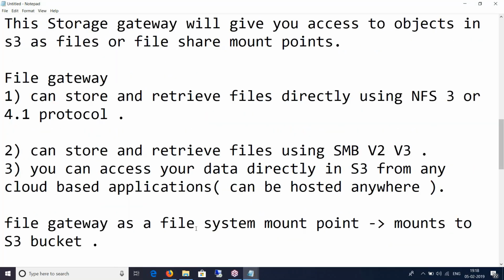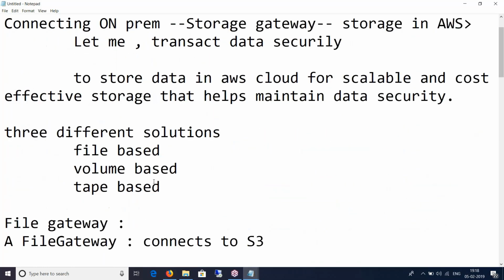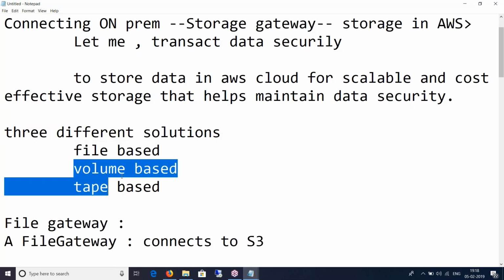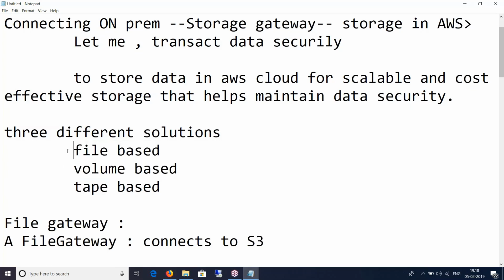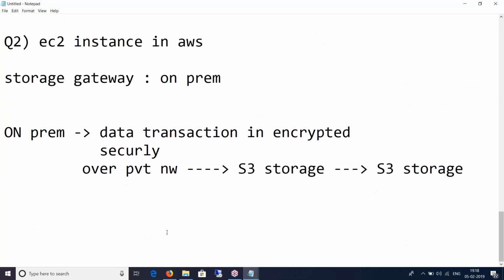Moving ahead, we just spoke about file-based. I'm jumping to volume-based, and we'll be touching upon file-based one more time, where we'll be talking about the architecture of file-based. But for now, I'm just giving you an overview of each one of them, and then we'll get into the architecture of them one by one, and then we'll do the labs. For now, I'm talking about a volume-based, or just a volume.